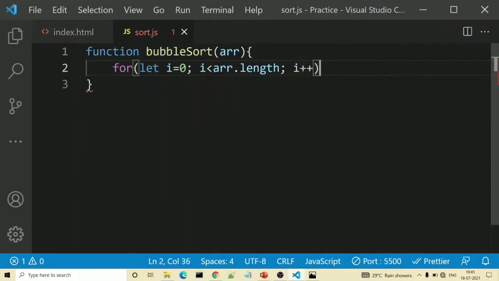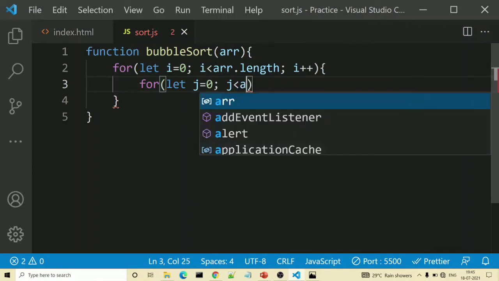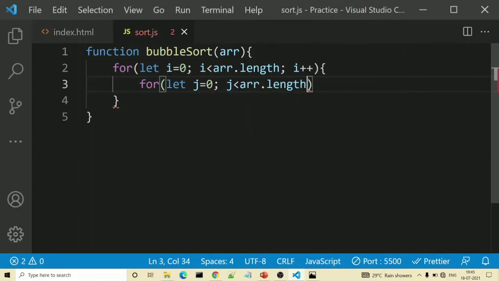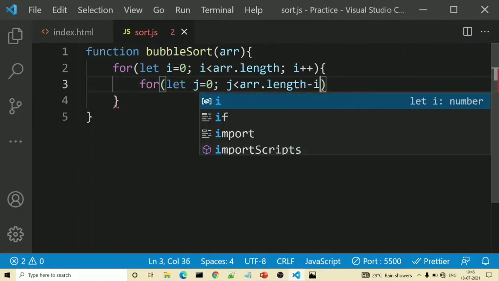Then i plus plus. Inside that we will write our second for loop, to traverse from the 0th index till the last index where we need to sort. So let j equal 0, but then j should be less than arr.length minus i.